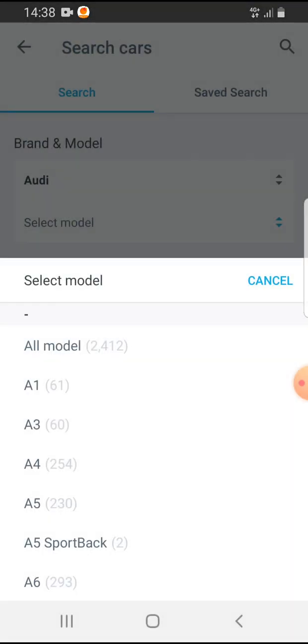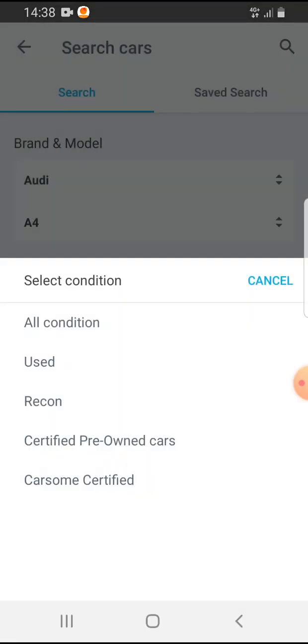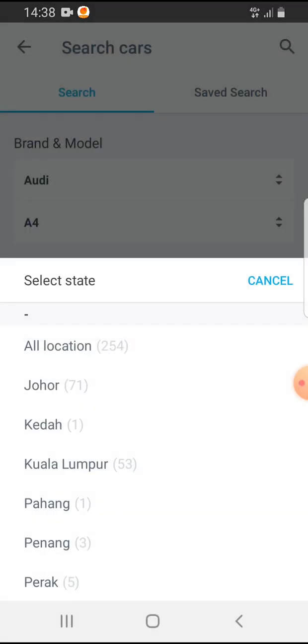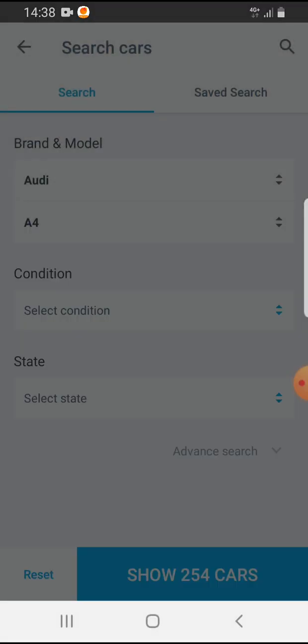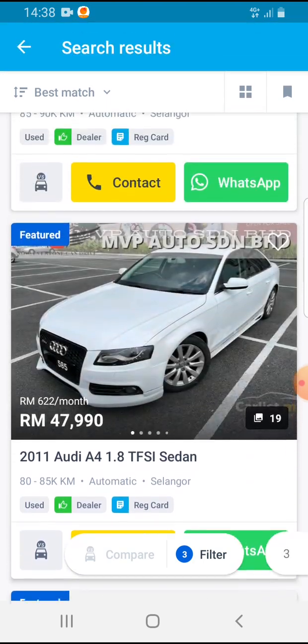Then you have to select the model. You can select the condition and the state where you are looking for. Tap on show cars, and if you scroll down and you like